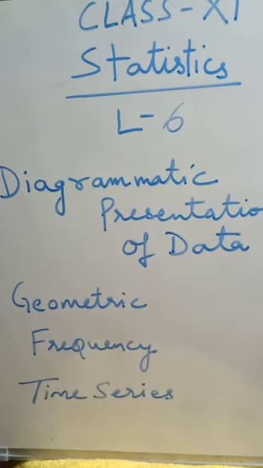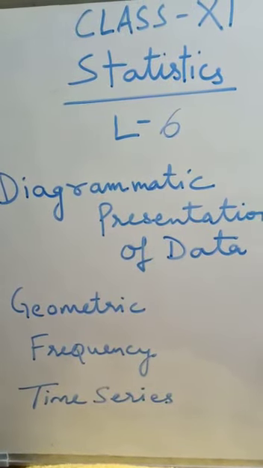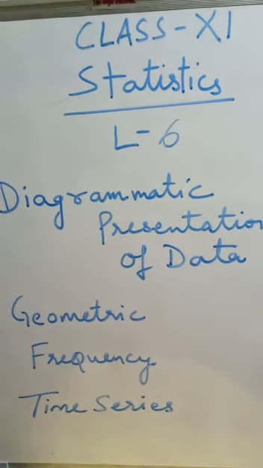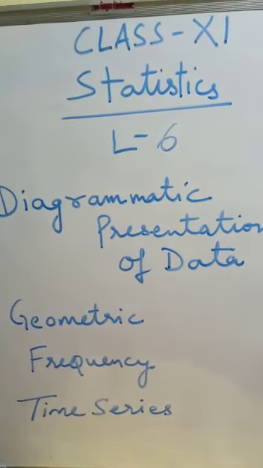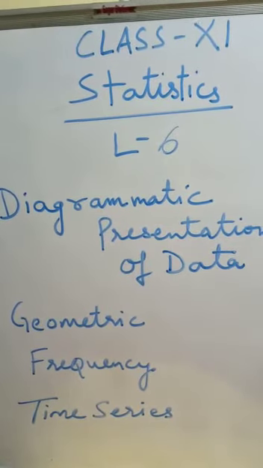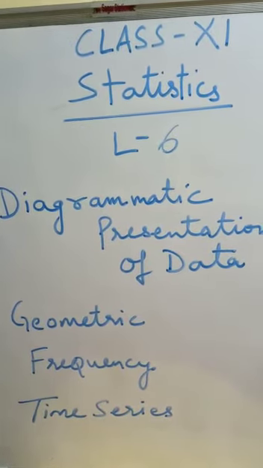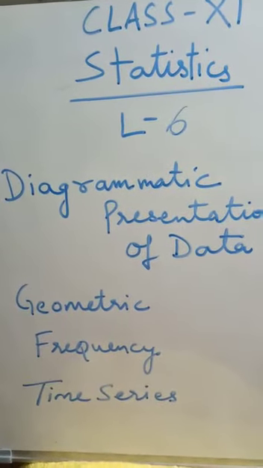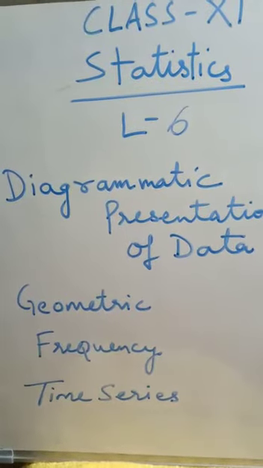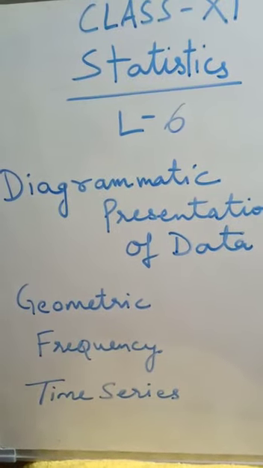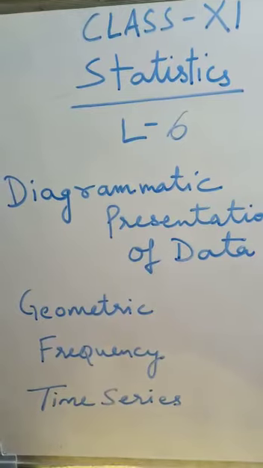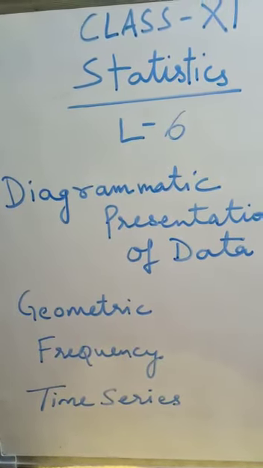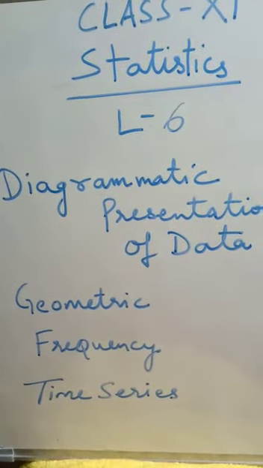Then comes the percentage bar diagram. Percentage bar diagrams are those diagrams which show simultaneously different parts of the values of a set of data in terms of percentage. The percentage bar diagrams are generally used when the values are of high magnitude, so we represent them in percentage form. And last is the deviation bar diagram. Deviation bar diagrams are used to compare the net deviation of related variables with respect to time and location.